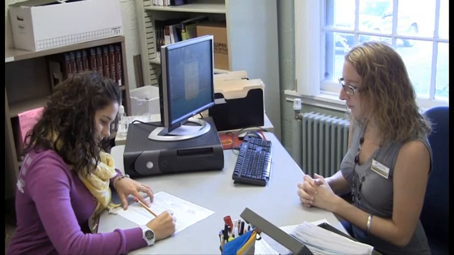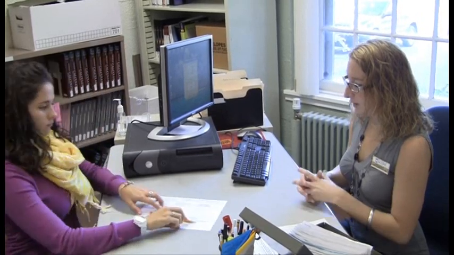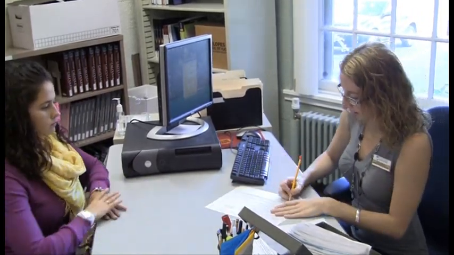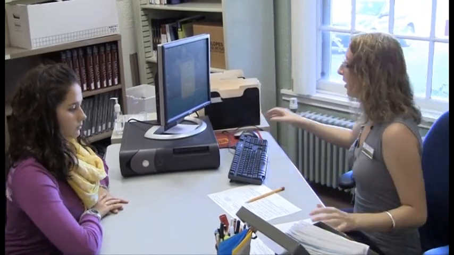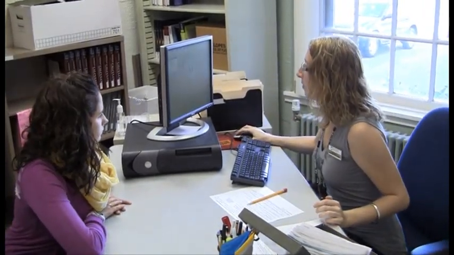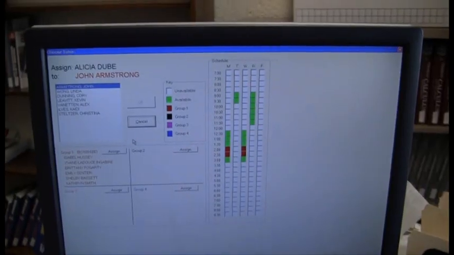Once this is completed, the staff person will match the student's schedule to a tutor group. So that, and I've already got your information in our computer system, so I'm going to look to see if you match up with any of our Bio 100 tutors. That's why we have your schedule, just to make sure that you'll fit in with some of them. And we do have, let's see,